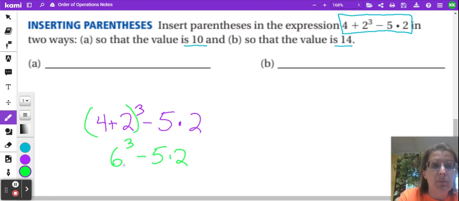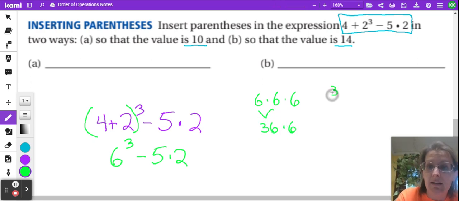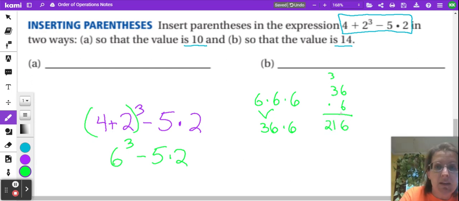So now I know I do exponents first. So 6 to the third power means 6 times 6 times 6. And 6 times 6 is 36, but I can't do 36 times 6 in my head. So I do 36 times 6 using the algorithm. 6 times 6 is 36. 6 times 3 is 18, 19, 20, 21. So there I'm already seeing it's probably going to be way too big if I get 216. So I have 216